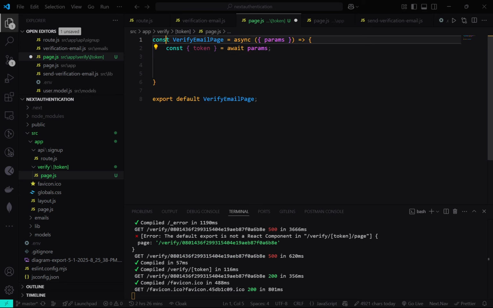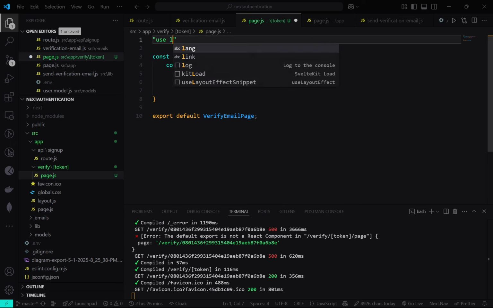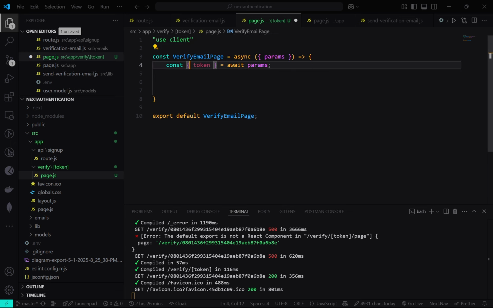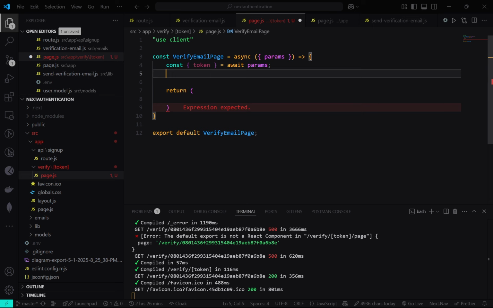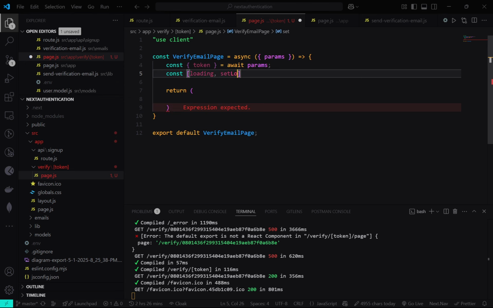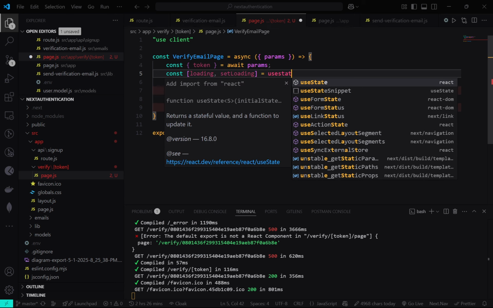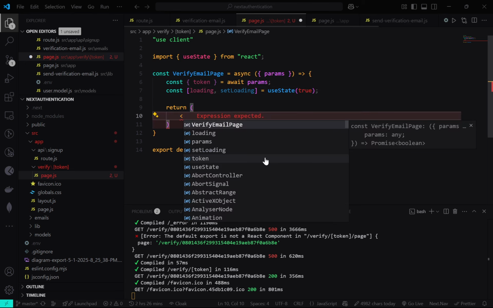Now what I have to do is make it a use client, use client. Okay, now const, wait a second, return. Let us say we are having a loading state. Const loading, set loading, which equals use state. We will be using it as true. Okay, now what I will return is a simple paragraph,